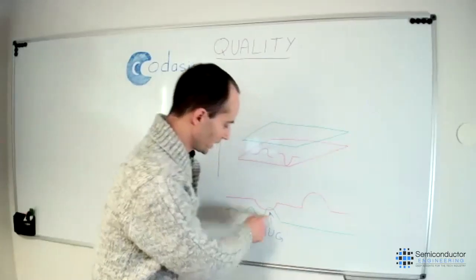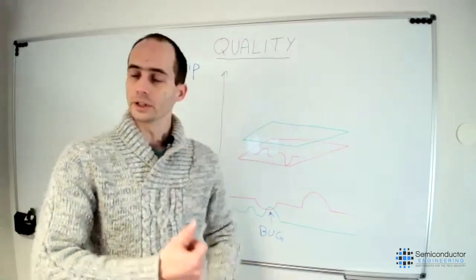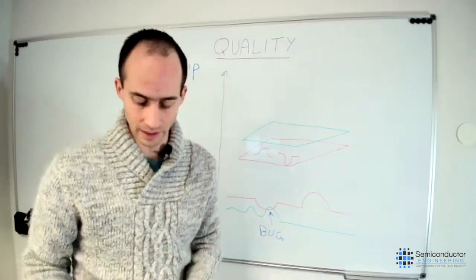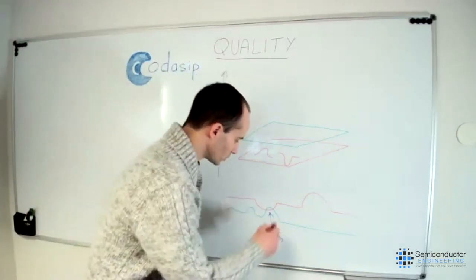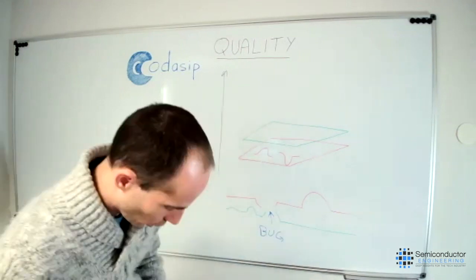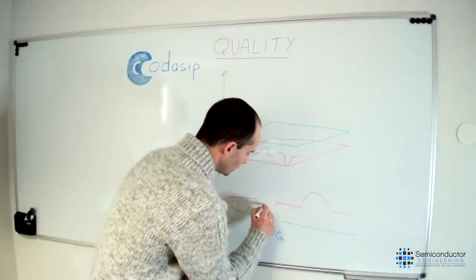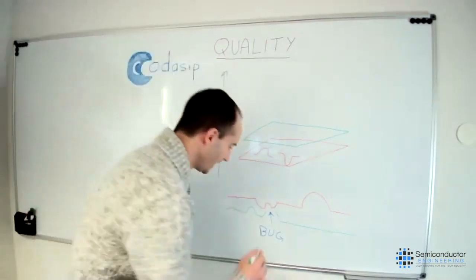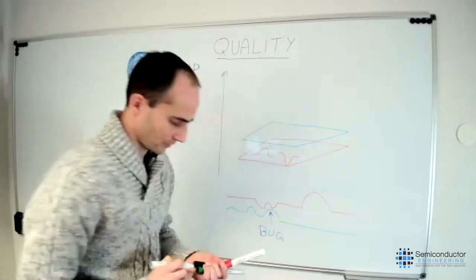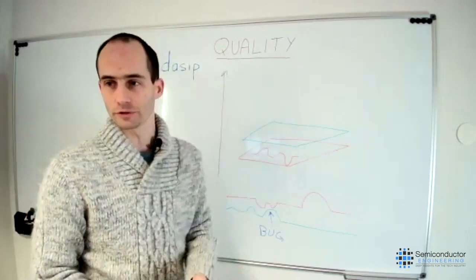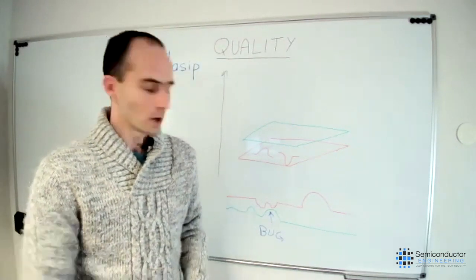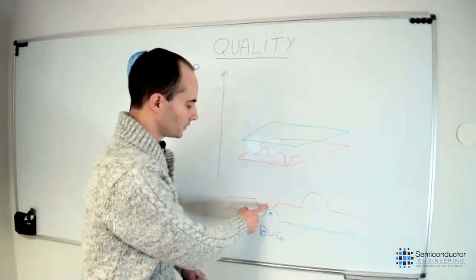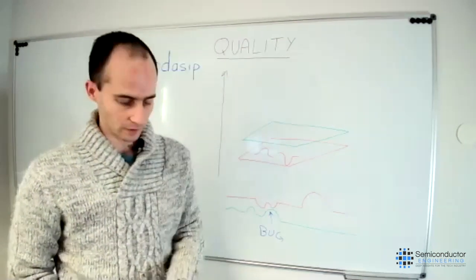So we know we have a bug here. So a bug is a good thing. When we fix it, we have increased the quality of the design. So in the end, after the bug fix, I hope that the design will be higher quality here, hopefully. And so the verification is still over there. So this is good, but not enough if we want the highest quality product. We want to improve the quality of the verification. So now that the bug is fixed, we still want to raise the bar of the verification.